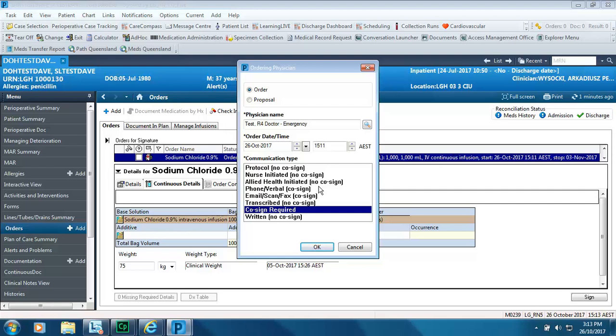Does that make sense? So if you're in ED where you don't need a cosign, you're going to go nurse-initiated, no cosign, which is in line with a lot of the other hospitals. If you're on the wards and you know you need a cosign for any nurse initiated, you're going to say cosign required. Okay? All right,